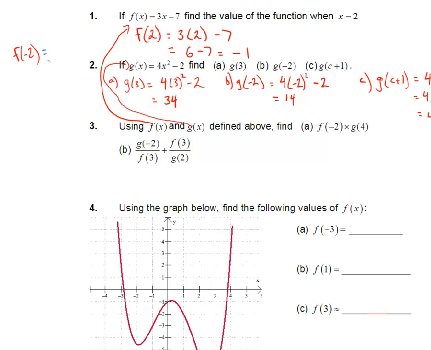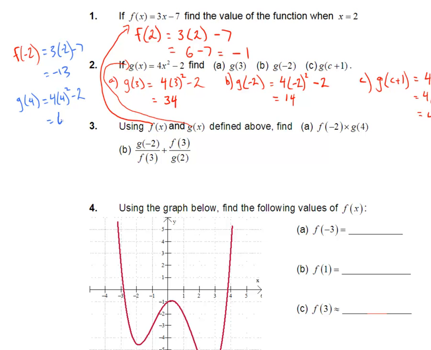So f of minus 2 is going to be 3 times minus 2 minus 7, which is negative 13. And g of 4 is 4 times 4 squared minus 2, which is 64